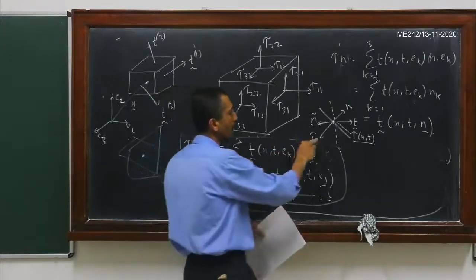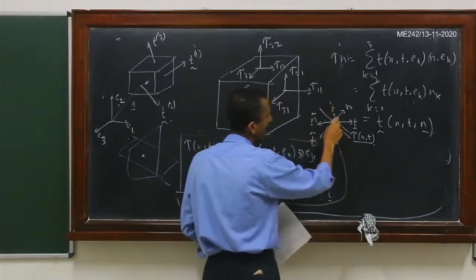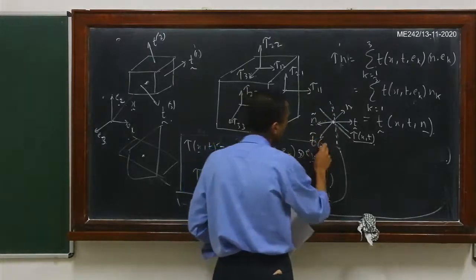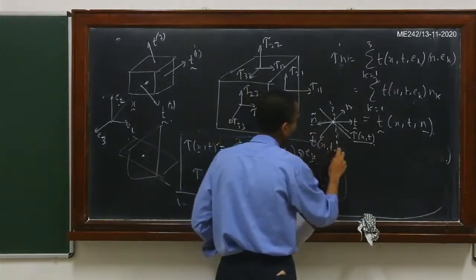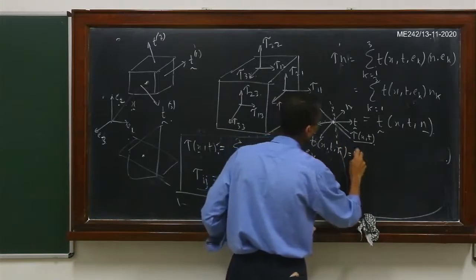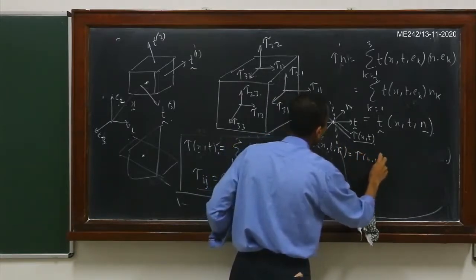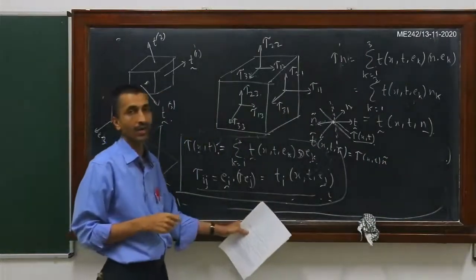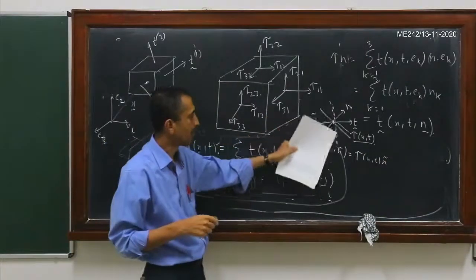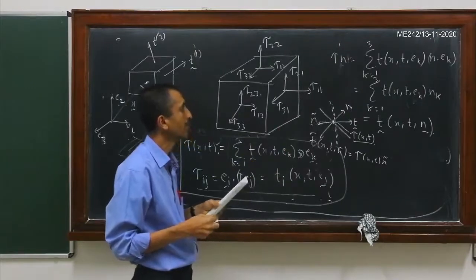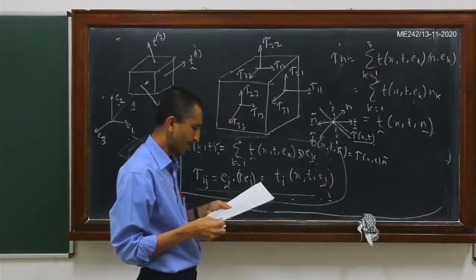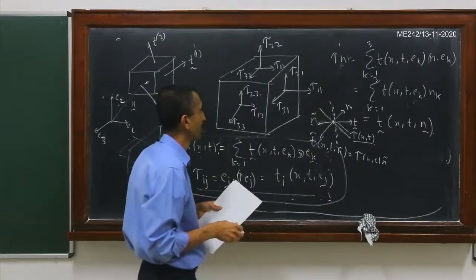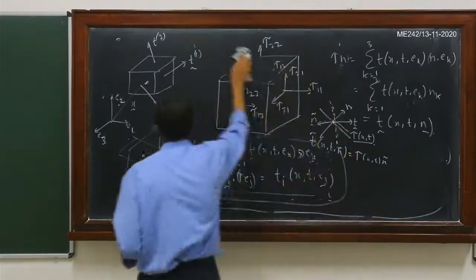So here on this dashed line, n tilde is the normal, and t tilde of x, t, n tilde is equal to tau of x comma t times n tilde. That will be the traction vector acting on the surface shown by this dashed line. So this is a very important principle. This is known as the Cauchy principle. Let me just rewrite that here because it is so important.